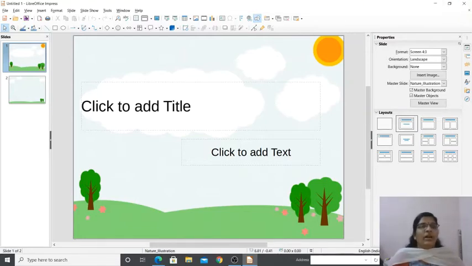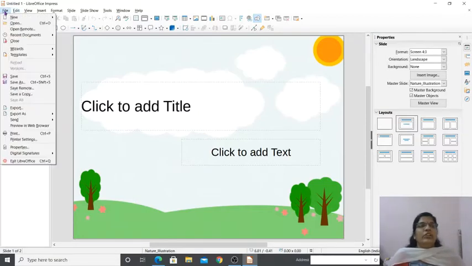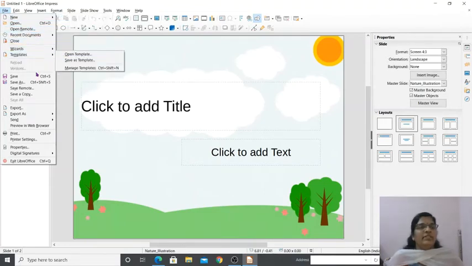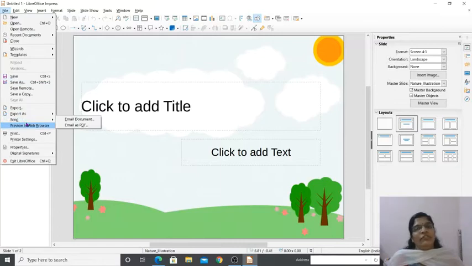Then after the title bar, it is called the menu bar. What is the first menu? File. What are the normal operations we do with a file? Basic operations like creating a new presentation, opening an existing one, saving the presentation, closing the application and everything. Just click here and you can see New, and if you want to open a text document or spreadsheet, whatever you want, you can open it. Then Open, Close, Templates, Save As, Print, Export, Save a Copy, everything, and then Exit. So these are all the options available under the File menu.